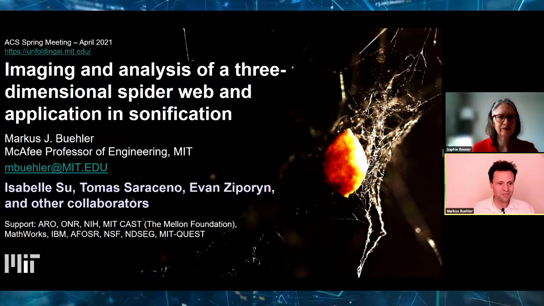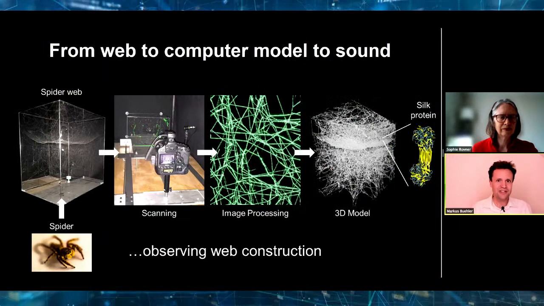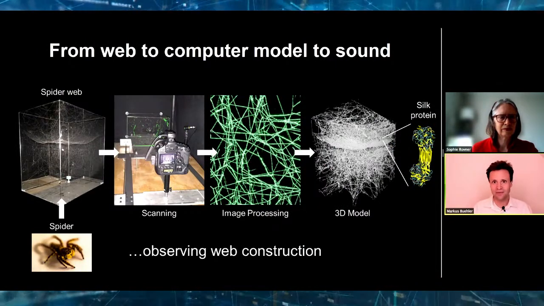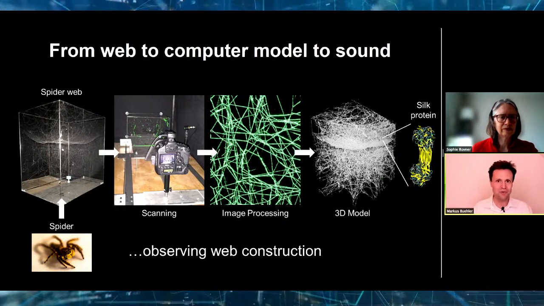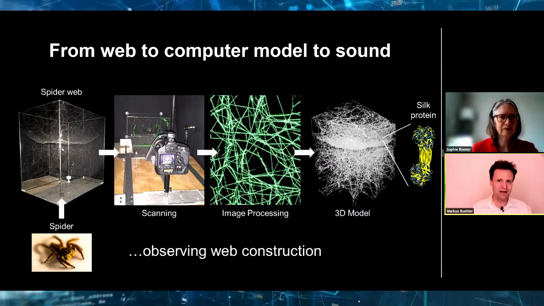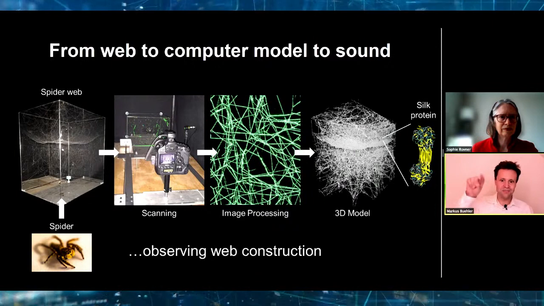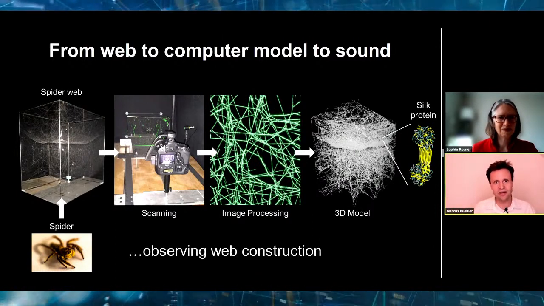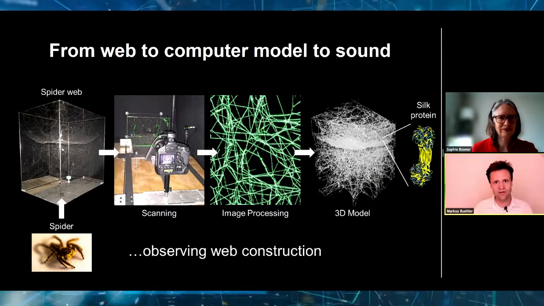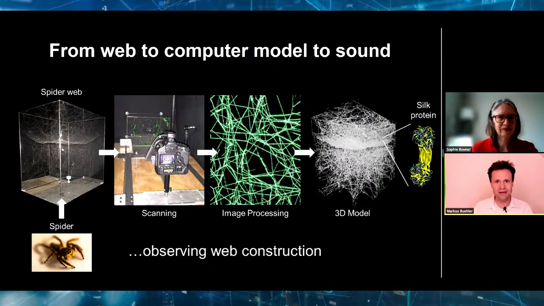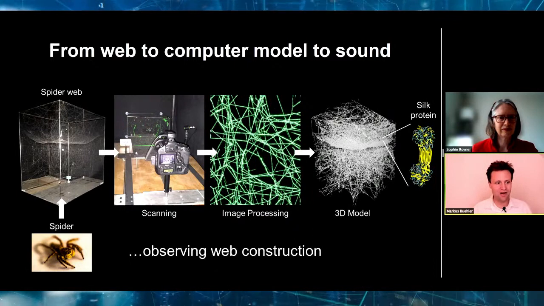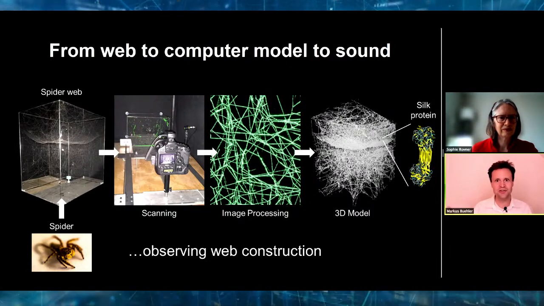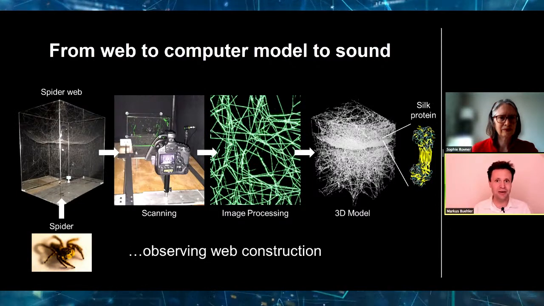Next slide, please. So as you can see on the very left, on the bottom, we begin by looking at a spider. And spiders, as we all know, build spider webs. Now, most of us are familiar with the two-dimensional spider webs, the orb webs, which are basically these spirals that you would draw if I asked you to draw a spider web. But it turns out that most spiders that live in this world actually build three-dimensional spider webs. And those are seen in the image a little bit above the spider. Those are the kinds of spider webs that most spiders build, and these are commonly also referred to as